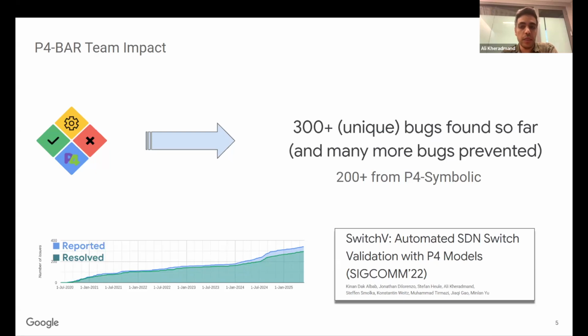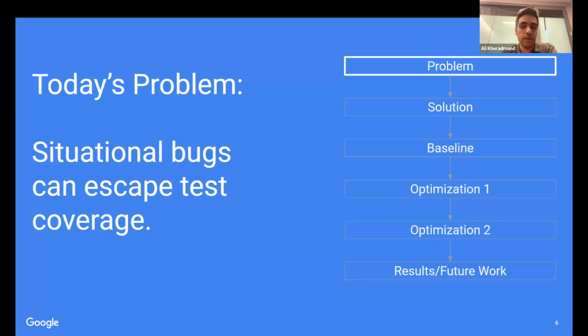And in today's session, we're going to talk about one of its caveats regarding its notions of coverage. There are basically tricky bugs that escape current notions of coverage. And we're going to talk about the problem, our baseline solution to this problem that doesn't scale, and our optimizations that made this approach scale for our needs. And these parts are going to be presented by Shaan. So Shaan, please take it away.